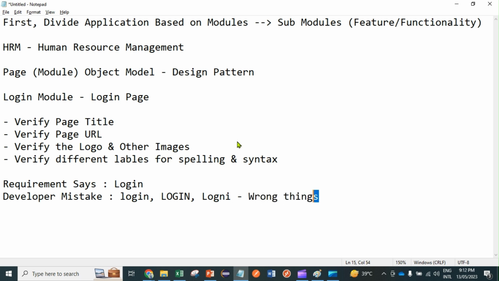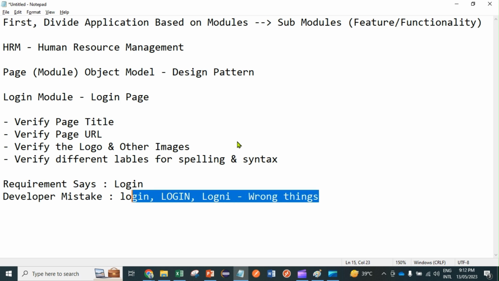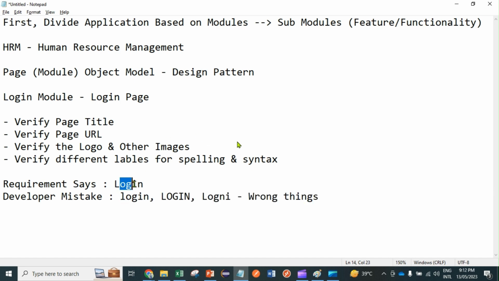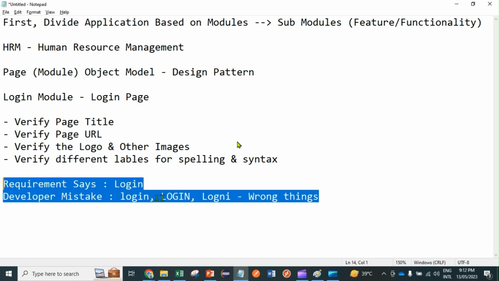And to validate these things, we need to make sure the requirement is matched, right? L capital and other things small, so these three are different wrong scenarios. So we check the spelling, we check the uppercase, lowercase, and everything. It should match the requirement. Okay, so if you start thinking about this kind of small concept, then overall you will understand the application,